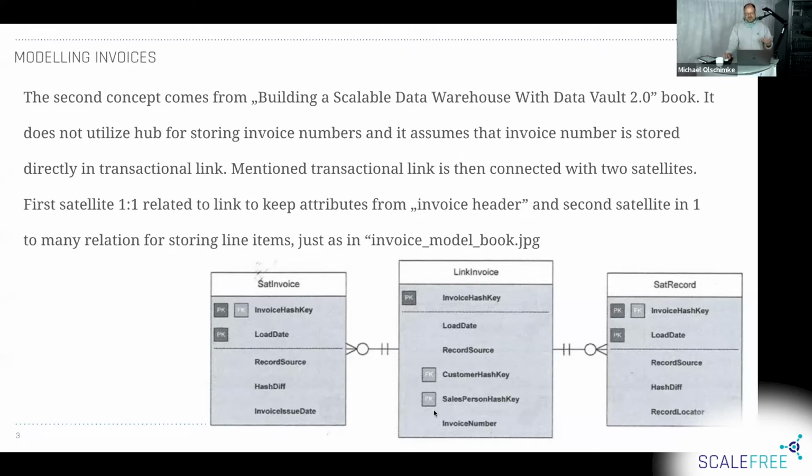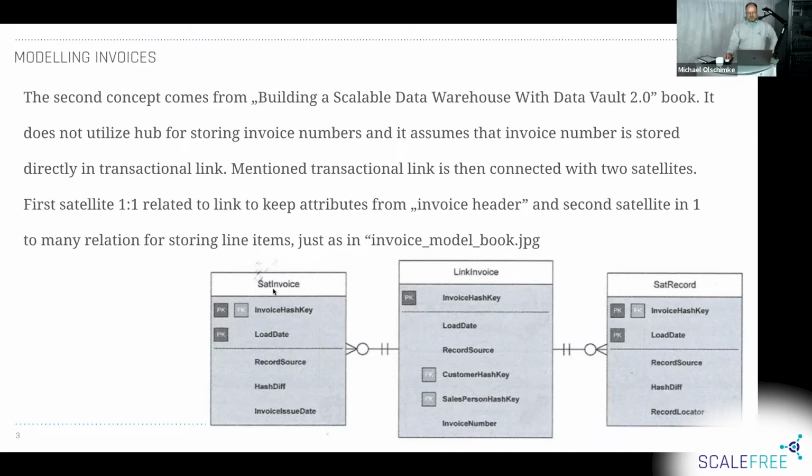So it's called a dependent child link. It's also similar to what's referred to here as a transactional link or non-historized link. It's a similar concept in the end. It's not the same, it's similar. And so what we do is we add the numeric value to the link structure itself. It refers to 2 hubs, and on a link structure, you also have at least 2 satellites attached to this